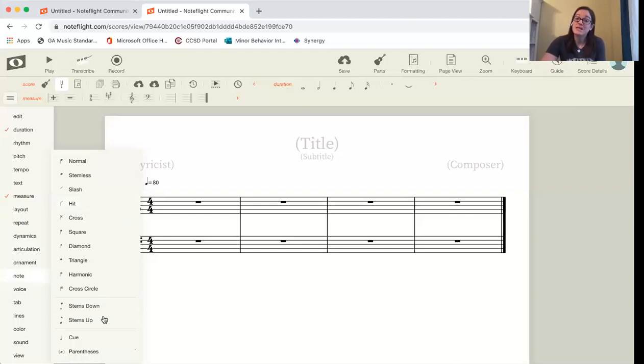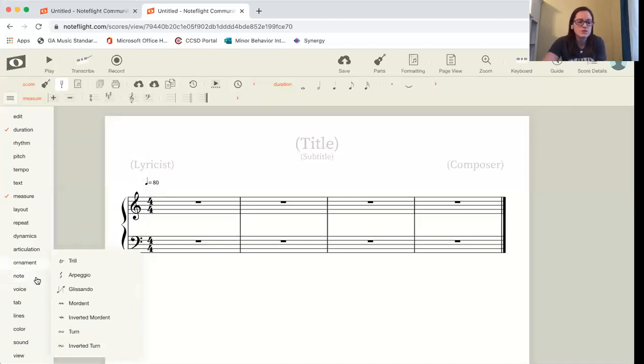If you want to change the stem direction, you can. If we were doing a chorus piece and we had a spoken part, they would put this crisscross, the X, instead of a note head so that you know to speak it. So those types of things are in there. Voice,